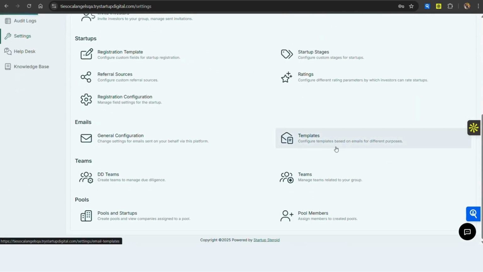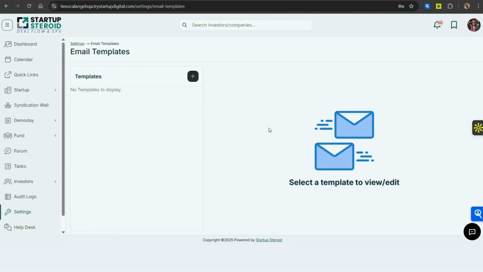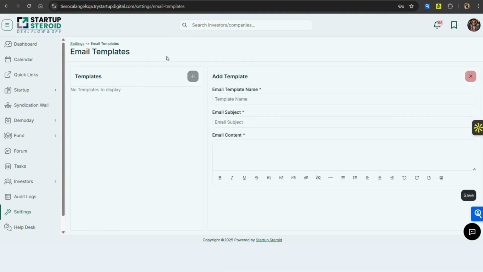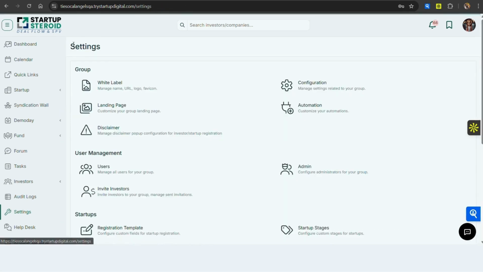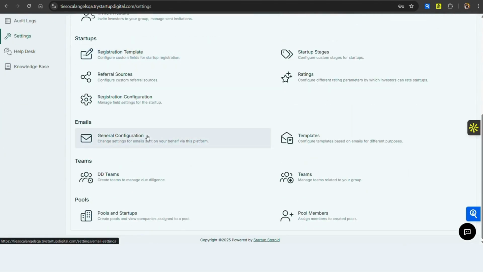Similarly, you can create templates so that later on you don't have to create emails from scratch. You can just select on this plus icon and give the name of the template. You can add subject. You can design the template. There will be legends that you can create so that you can customize your first name, last name. All of those things can be done. While we are giving you the white label, probably we will give you few of the templates pre-designed.